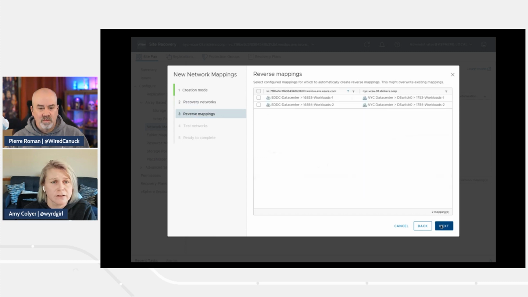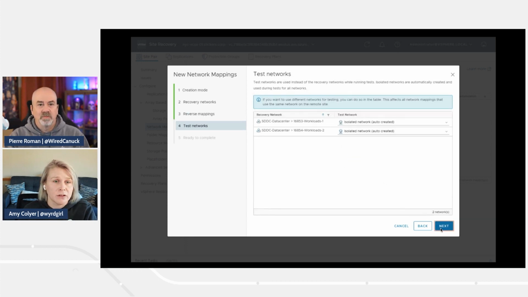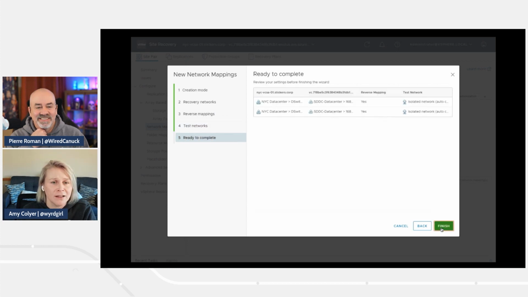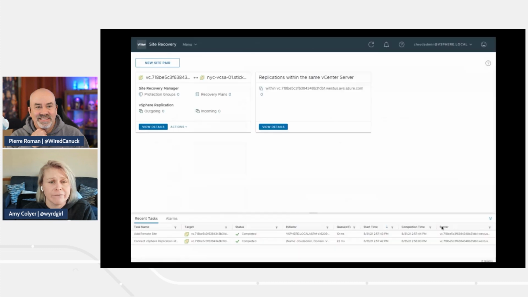And then click next. And then the reverse mapping. So when you fail back over, that's important to have, unless you want to be stuck in your other. And any test networks. So when you test your DR plan, you don't impact prod. Now we're ready to complete. Click finish. And that is that. So that's mapping the network folders. You can go beyond that and map storage groups, but we just didn't have time to go through that. But there's definitely a lot of information out there to learn. The wizard's really good at walking you through